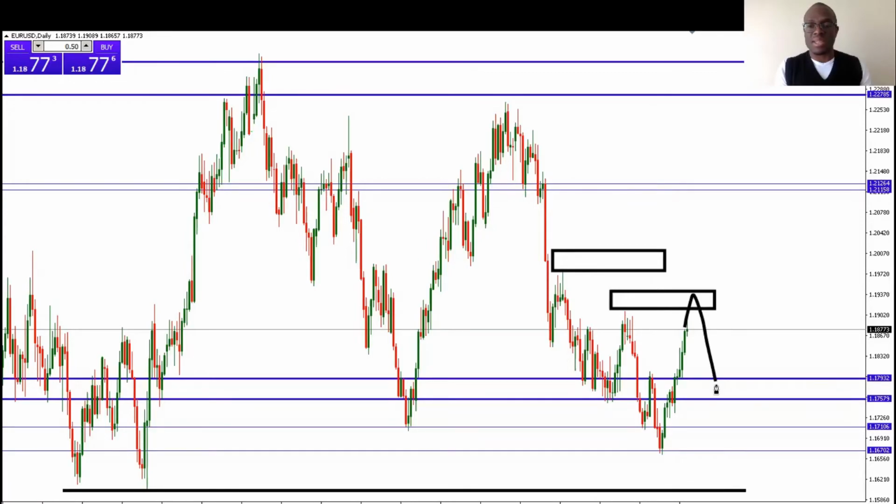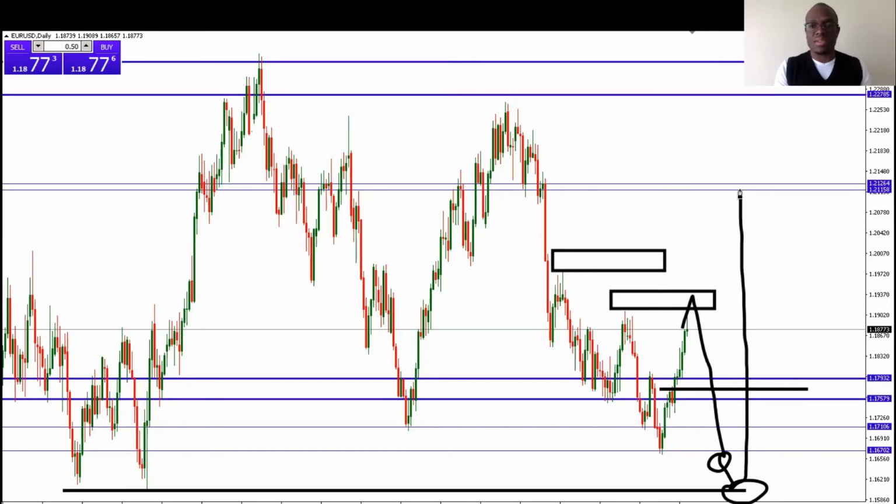If it comes to the downside, what I'll be expecting is that it is going to come to this level. Why this level? Because there is sort of an order block here. So we'll be expecting it to touch this area before moving maybe back up, maybe come again and then clear the liquidity here. But what can happen is that the price may just seek to clear the liquidity here, and then move to the downside, coming to clear this liquidity, and again come and clear this one here